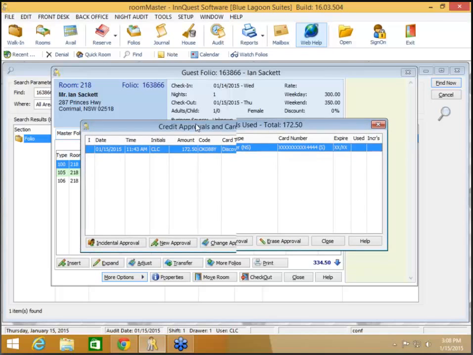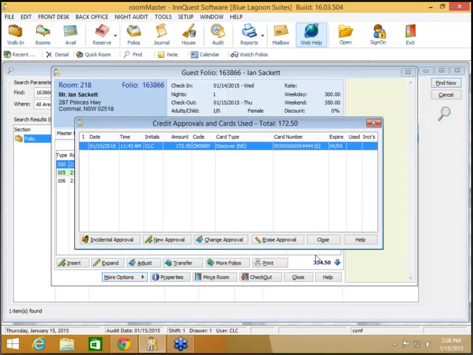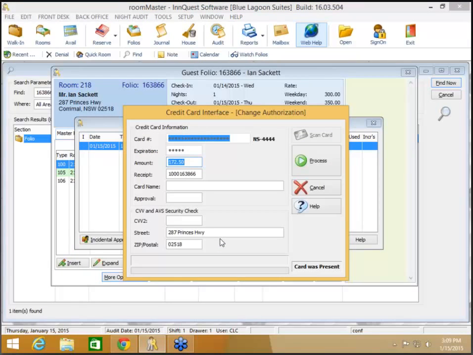Well, the guest's balance is already more than that. They're at $334.50, so we know we want to get more approval. Because this was originally scanned, the original approval was obtained as a scan. If we change this, we're still going to be processing this as a scan because we're just increasing the approval. So if we need to increase this to $350 to make sure that we have enough payment from this guest,